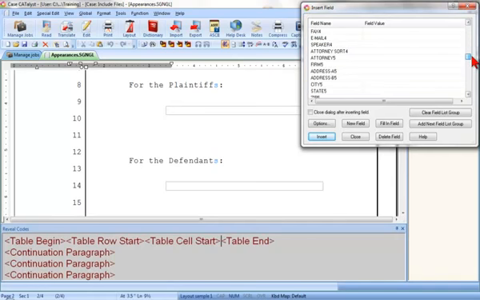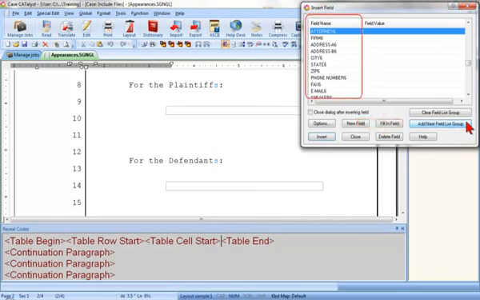fourth, and fifth. If I have more than 5 appearances, I can click Add Next Field List Group to add a 6th group, a 7th, an 8th, as many groups as I need, one group for each appearance. I'm going to scroll back up to the first group so that I can insert the fields for my first